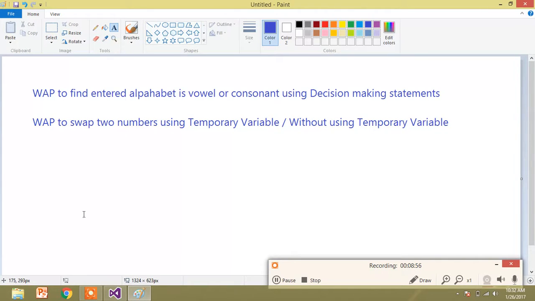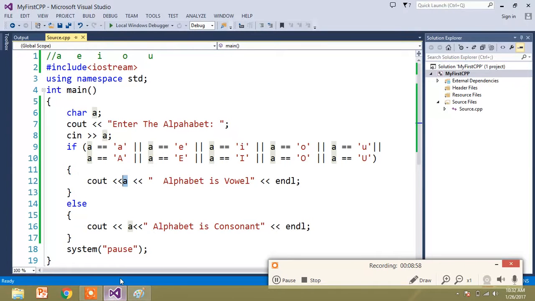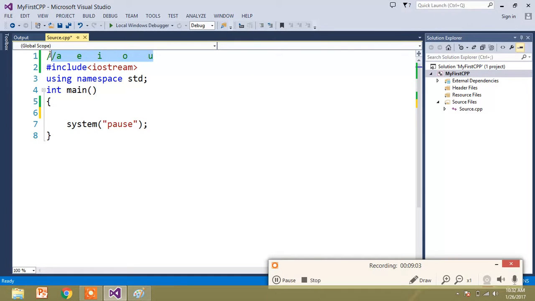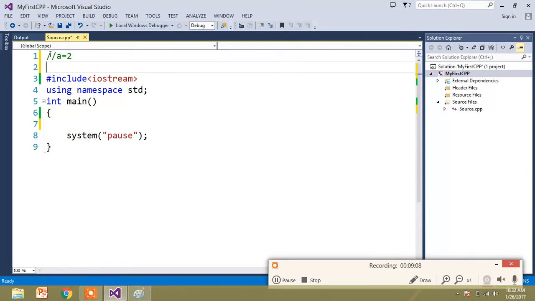If A is holding 2 and B is holding 3, after the execution A should be taking 3 and B should take 2. That's my requirement. After the assignment A equal to 2 and B equal to 3, you need to swap the A and B values using a temporary variable and without using one.